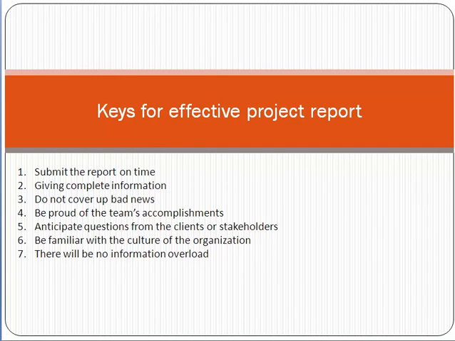Also, there should be no information overload. A status report or project report should not be overloaded. For example, an 8 to 10 page project report is not a good project report. It should be 1 to 2 pages, not more than 2 pages. In 2 pages you must complete the project report, because everyone is busy and no one has so much time to read a 10 to 15 page report. It should be 1 to 2 pages, and you should use some graphical representation to show the project status.